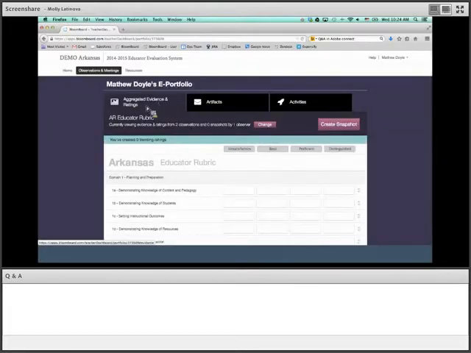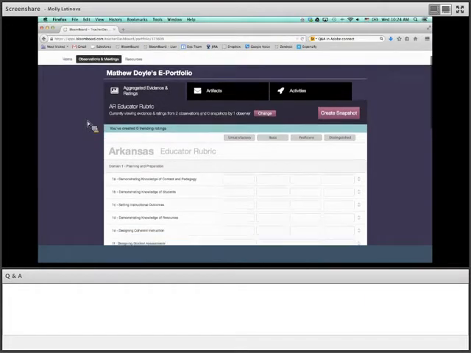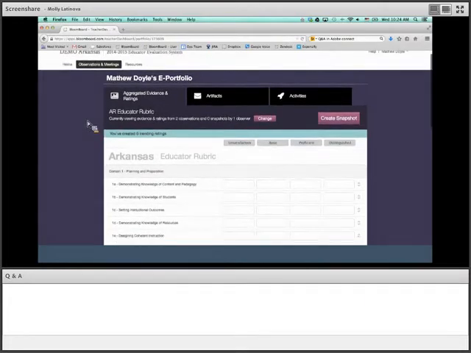So when I visit my portfolio, it's really taking me into, as I mentioned, this binder of artifacts and activities. It's really everything all in one place. That's one of the nicest things about Bloomboard, is that you don't have to have 3 different folders and different binders and paper copies. Everything is housed in one